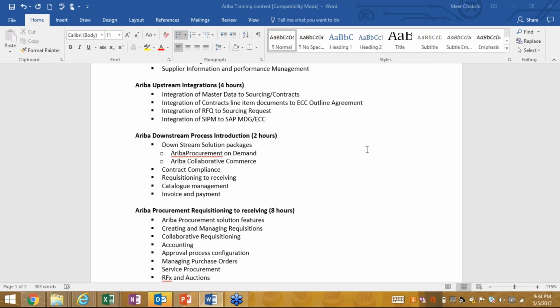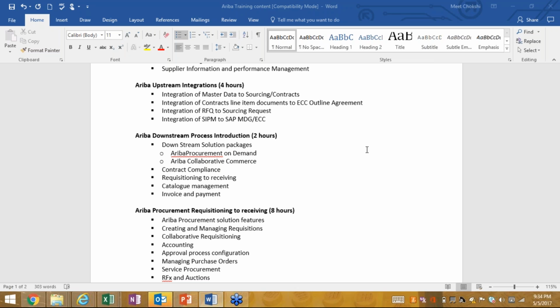They will just use it for financial posting. It all depends on the customer and the use case. So you mean to say whenever we post the GR in Ariba, we'll be able to see the material document and accounting documents, all documents, in Ariba itself? No need to go back to ECC, right?